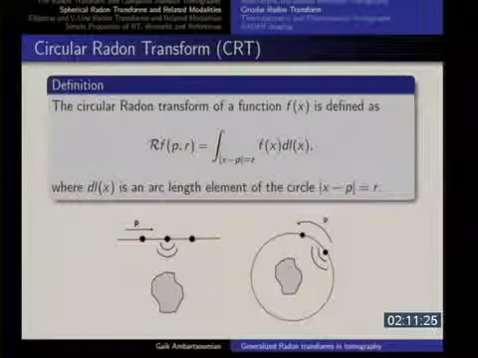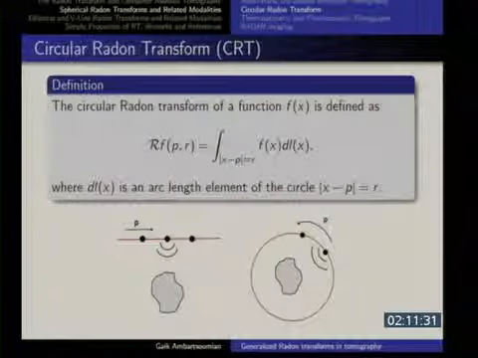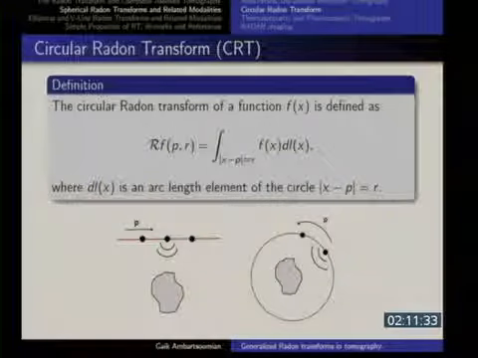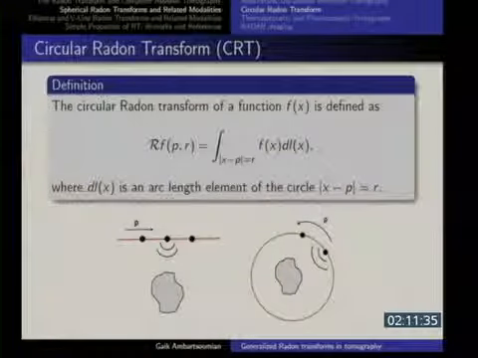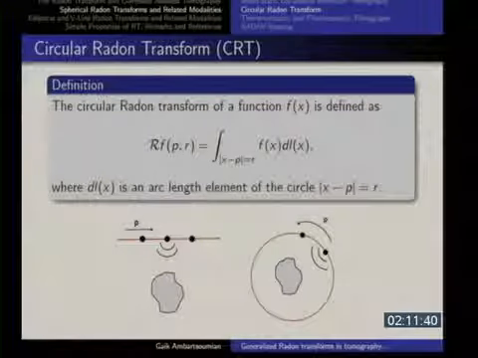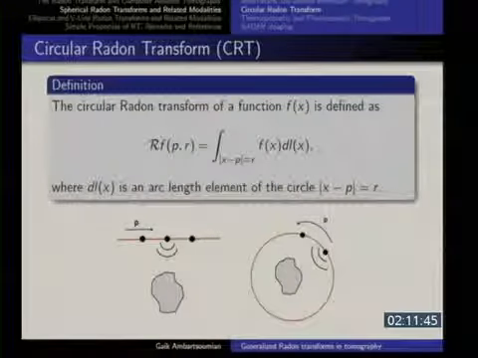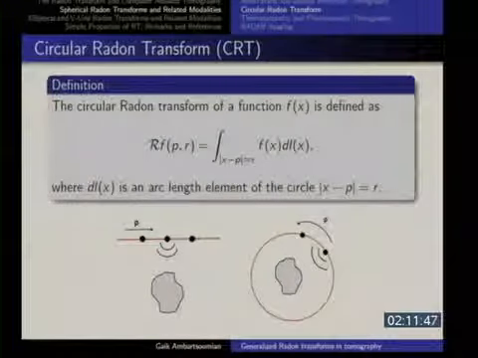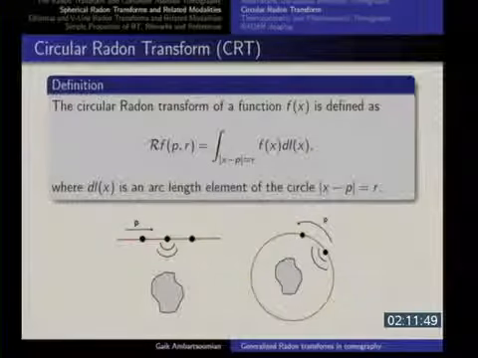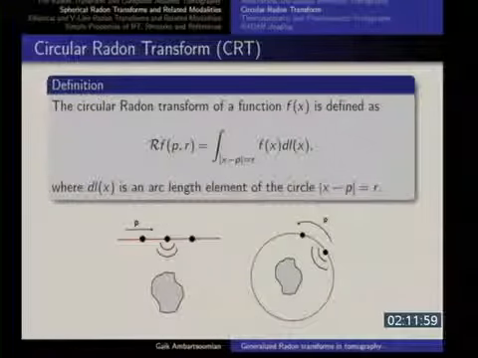The reason for it is, you see, if you're sitting on a line, why is line a bad choice? If you're sitting on a line and you're measuring the integrals of a function, say supported in the plane, or in a portion of the plane, you measure the integrals and you are trying to recover the function, it is easy to see that there is no unique recovery. The kernel of the transform is huge. There are plenty of functions that are not zero, but the integrals of this type are zero. Can anybody give me an example of a function that is not zero, but the integrals along all these circles are zero?